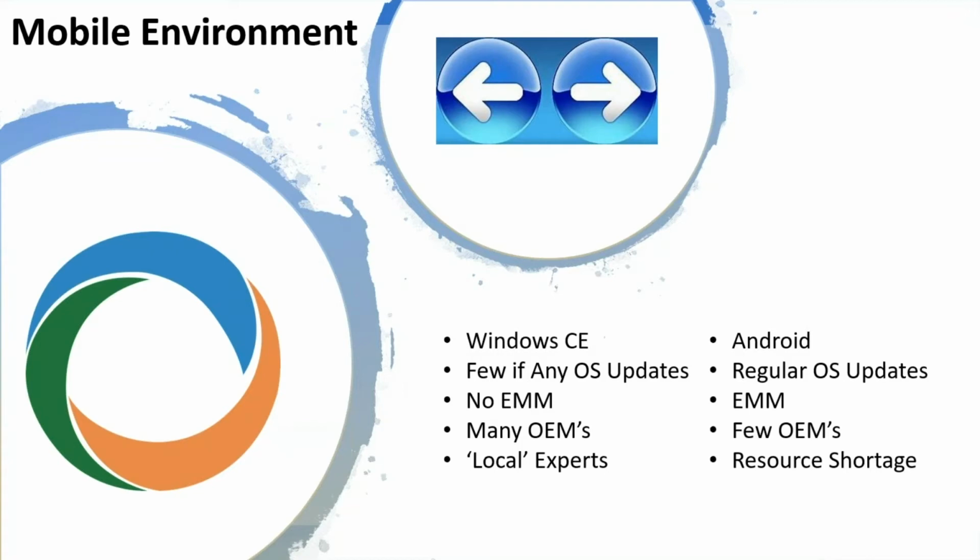There are fewer OEMs in the environment, specifically around purpose-built devices. There's been a lot of consolidation over the years. But again, that resource shortage. So if you look at a steady state day 2 support model, a device breaks down, goes to the OEM or whomever to get repaired, and comes back as a factory default. How are we going to make sure it is loaded on the network with applications for end users who are traditionally not the most tech savvy, nor need to be, right at the plant floor? So things are definitely changing, and how are we going to architect and plan for this appropriately